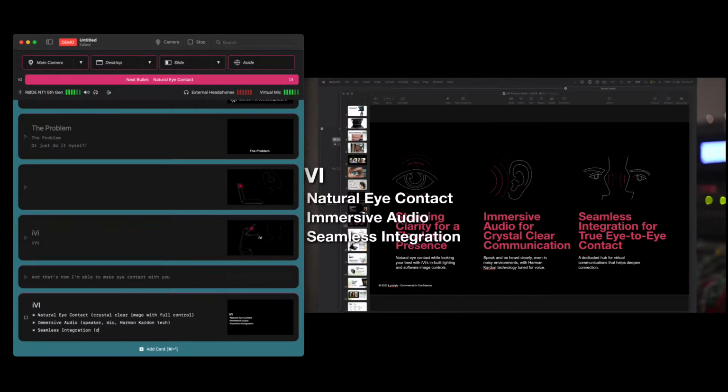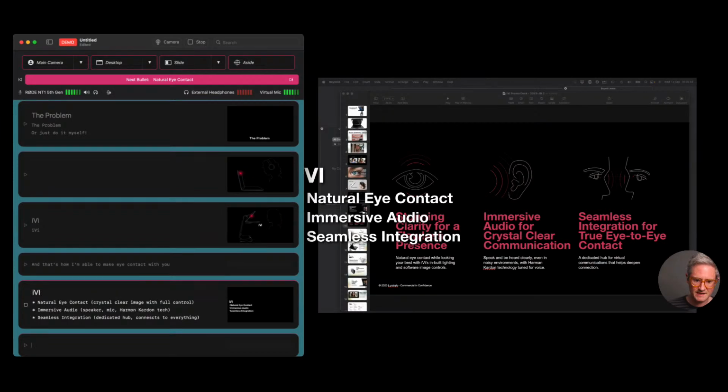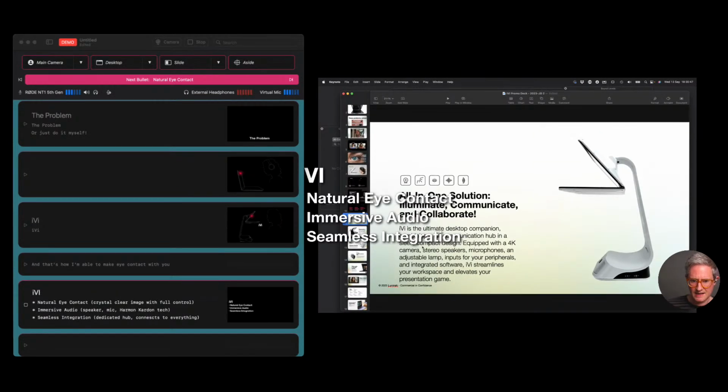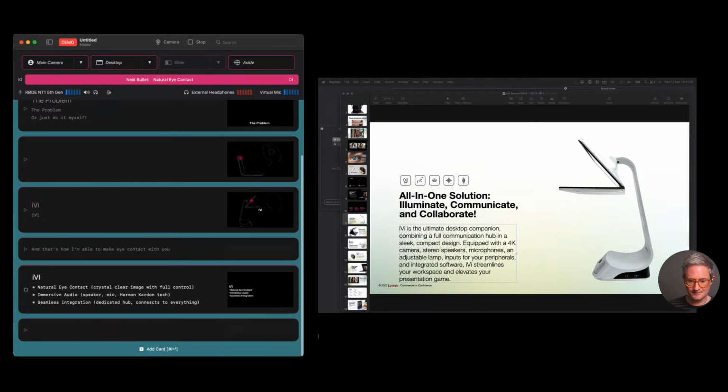So there's a dedicated hub that connects to everything, right? This is sort of our top level, these are the headlines. Then we can keep having a look through this doc and see what's in here. You would never put a slide like this in when you're trying to have a face-to-face conversation. But what we could do is